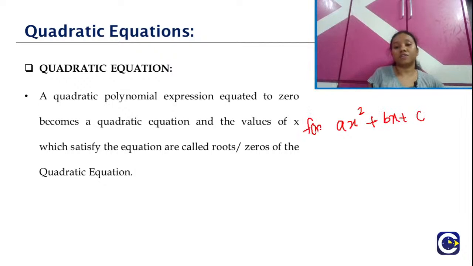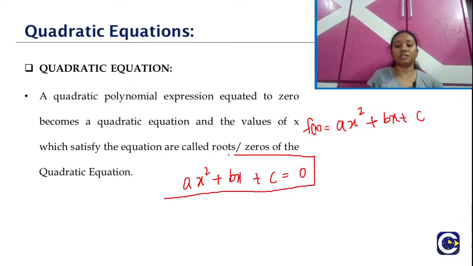So this is our quadratic polynomial, right? If I make this polynomial ax square plus bx plus c equated to 0, then what is this? This is called a quadratic equation, right? And what about these x values? Whatever x values satisfy this quadratic equation are called zeros, either zeros or roots of that